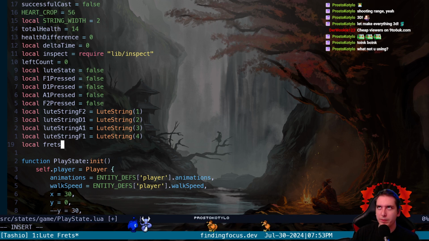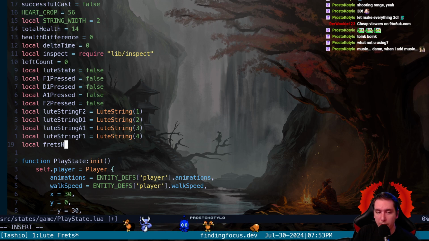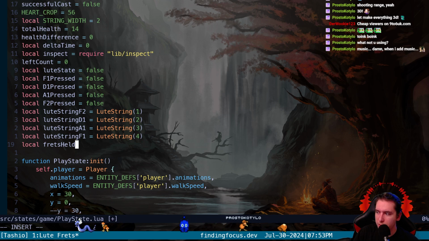Okay, so I'm thinking of another way to do this. Anytime a key is pressed, we can insert it into the frets held table, but also